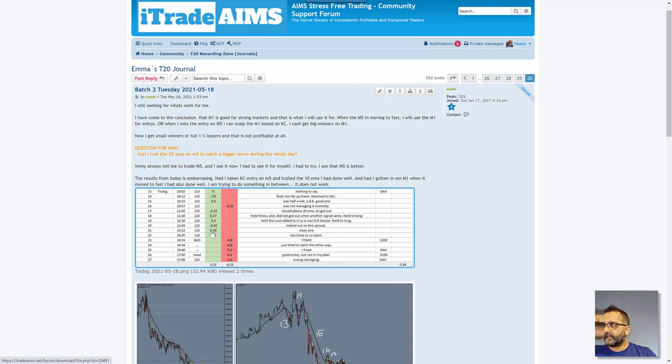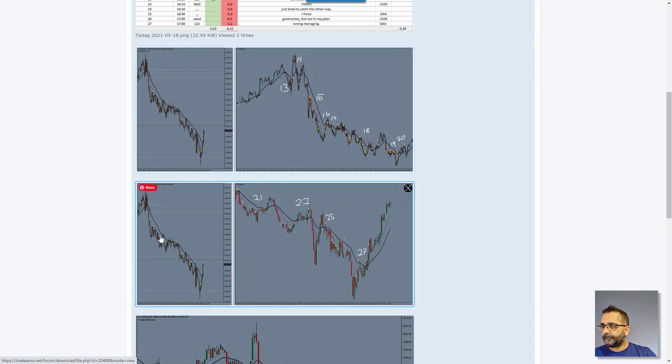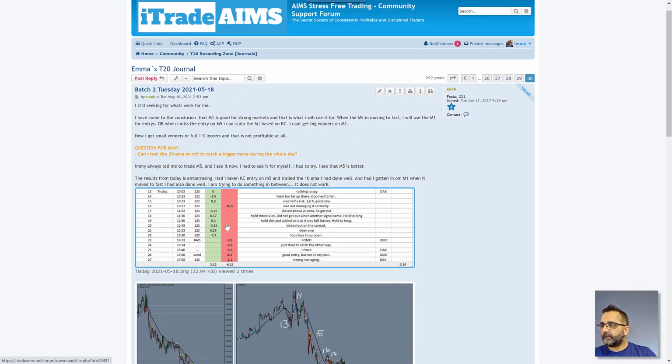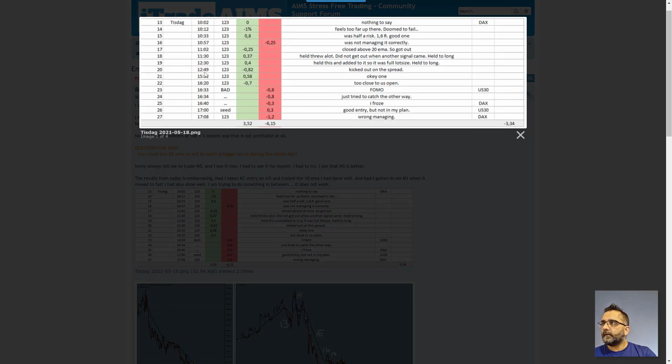I think trade direction is missing. 21, 22. 22 is a buy, or is it a sell? Let's see, I'm a bit confused here. 22,